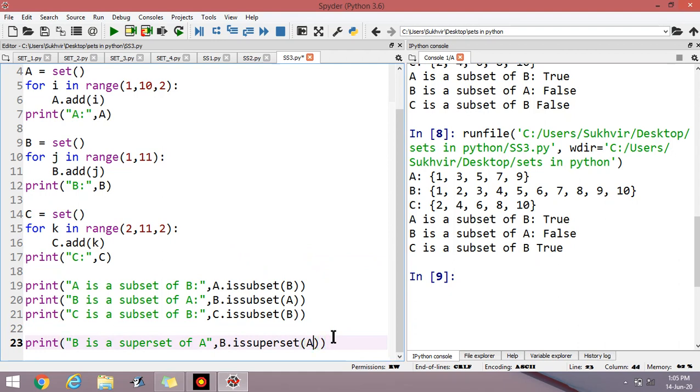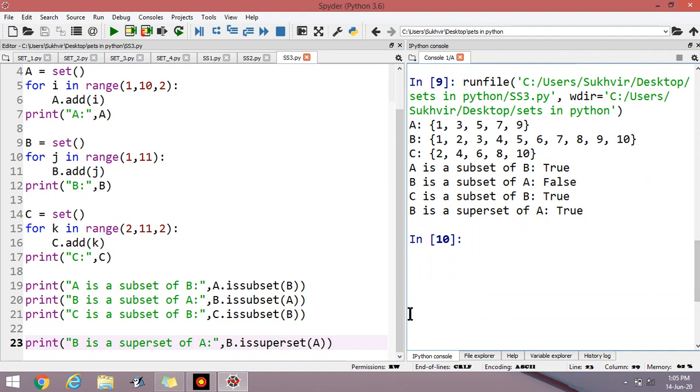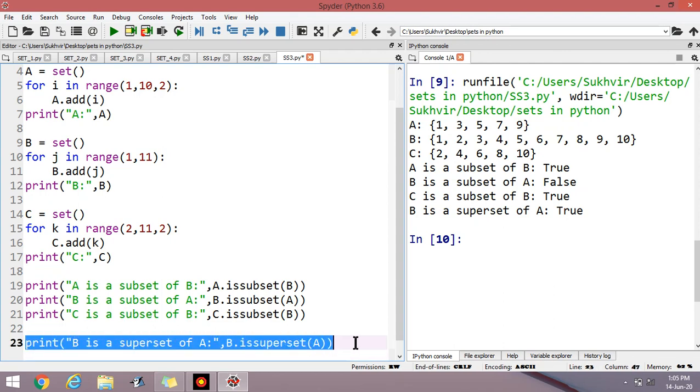Let us again execute the program. B is a superset of A, that is true. Similarly, you can check others also. Let us copy and paste this content so that we can check for others.